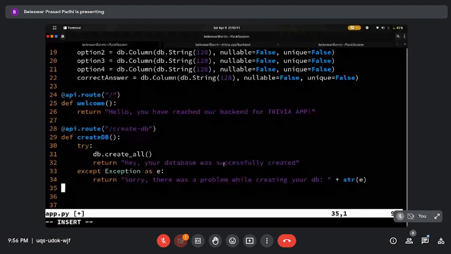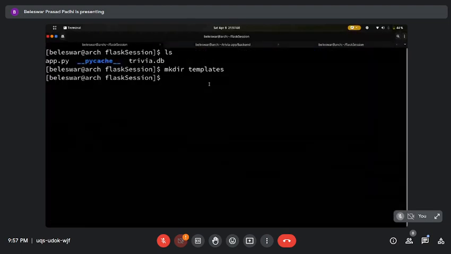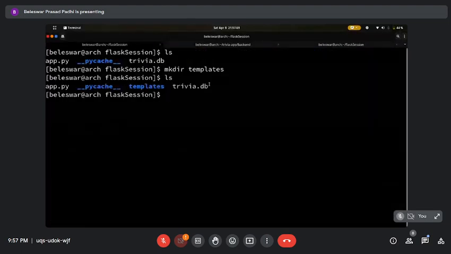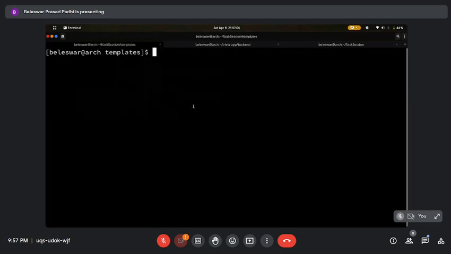Currently, our database is made, but it doesn't have any questions, right? So we need to populate the database. So we'll do that. Cool. I'll just make a directory for all these forms and all the HTML code. It should be in the templates directory in Flask. That's how it runs. If I go to templates, let me make what should be add questions